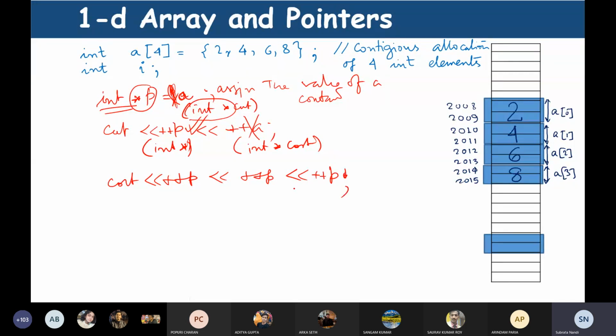So do as many times as you want. So what will be the value here? When you increment it for the first time, it will be changed to 2010, then again it will be changed to 2012, then 2014, 2016. And if I write here,